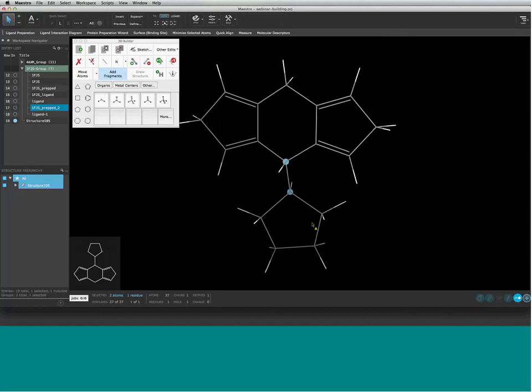Now from this point, you know, this is a silly structure, but from this point I have this bond selected. I could actually increase the bond order. I can select atoms and change the element and so forth, and basically build away. So I think I'm going to stop here and start taking